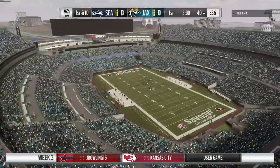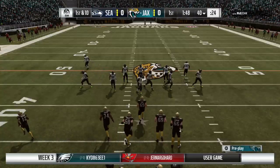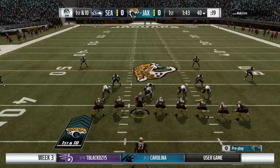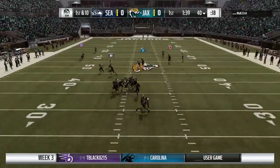Well, after an interception, last thing you want to do is go 3 and out, give the ball right back. They avoided that. Yeah, you definitely do not want to do that. I remember in college I played with a really big-time player on defense. We ended up getting an interception as we passed the offense coming out. He told him, if you don't take...